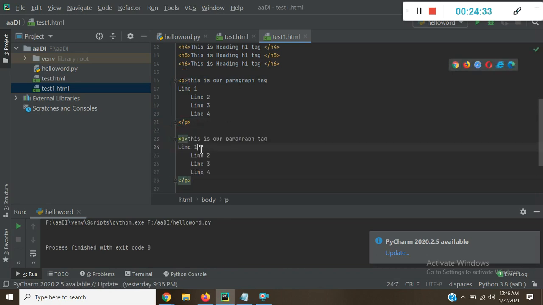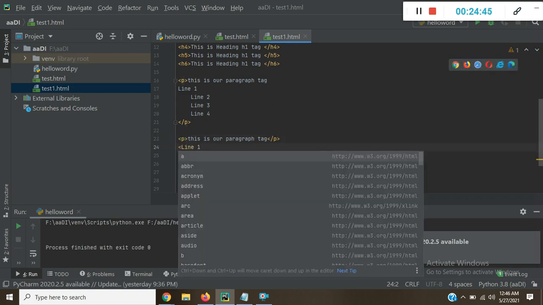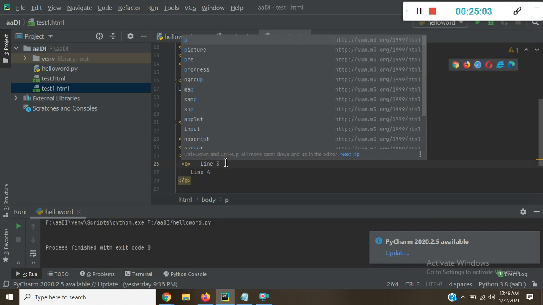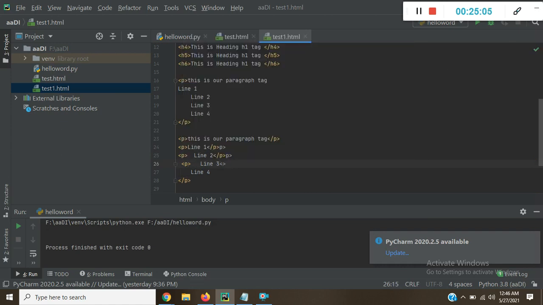Just copy paste this and close this tag here, P. This is P and close with P. Okay, and this is P and close with P. Remember that indentation is not compulsory in HTML.